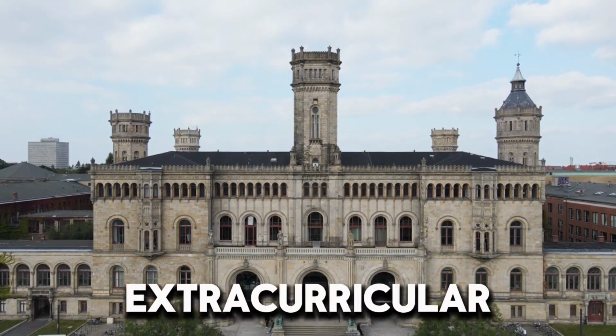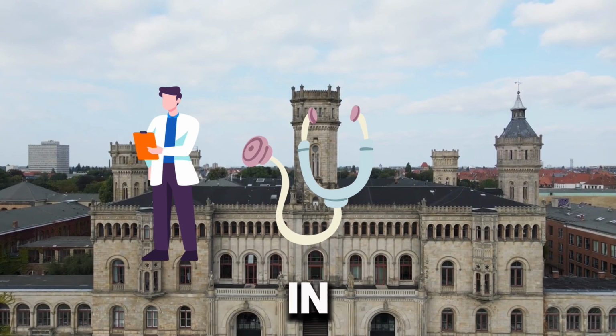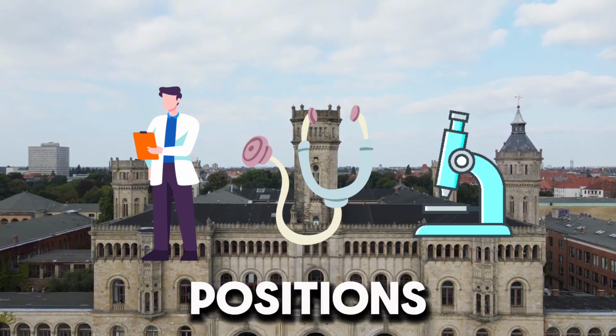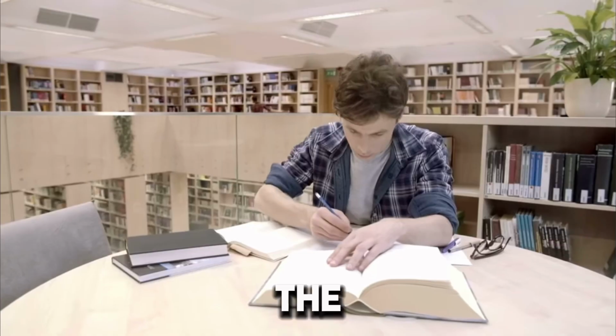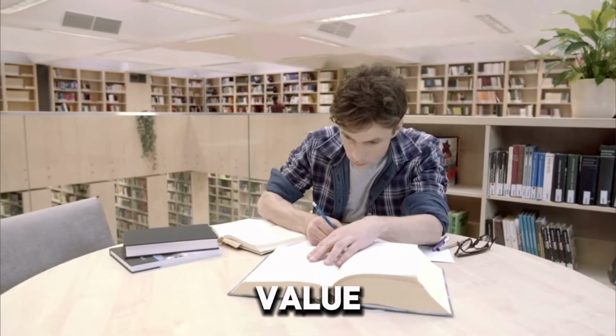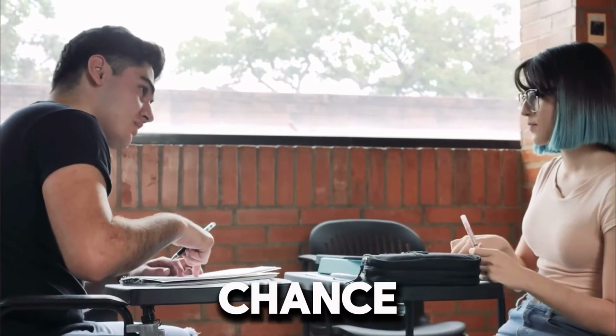Next is going to be your extracurricular involvement. Be sure to have lots of clinical exposure and be involved in research and maintain leadership positions. The final step is the essay and interview. The essay is an important opportunity to share the value of the experiences and who you truly are. The interview gives you a chance to make the best impression on the admission committee and get to know the